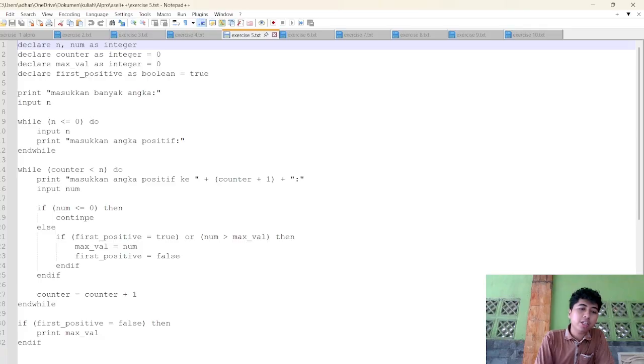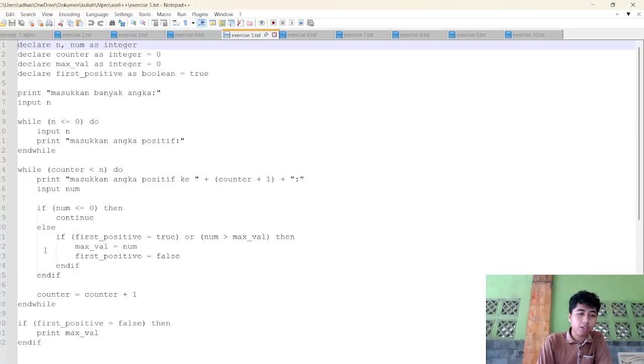If number is smaller than or equal to 0, then continue, or else if first positive is true or number is larger than max value, then max value will be set as the number value, and first positive will turn into false. Then counter will be counter plus 1, and end while.